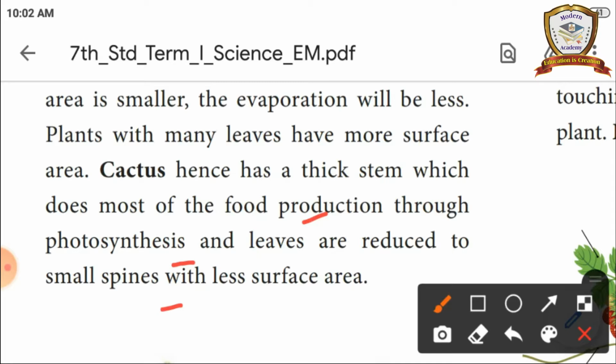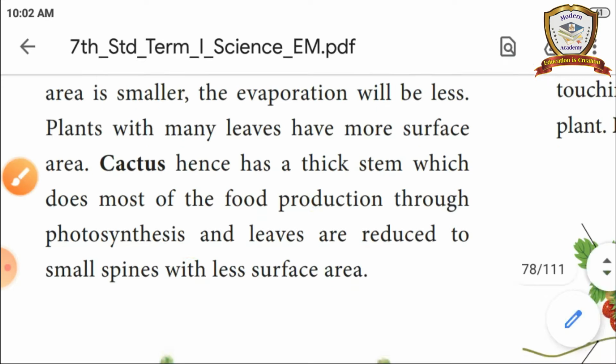In dry climate and dry conditions, we also drink much water, no? If it is a cool condition, we take less water because our atmosphere is cool, so we also consume less water. But in dry conditions or summer time, the atmosphere is very hot, so we also drink much water. It is the same case in this cactus plant also; we can find this plant in the driest areas. So these leaves are modified into small spines to avoid evaporation, so that the wastage of water will be less.